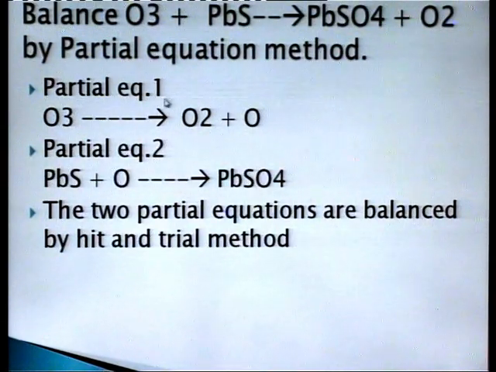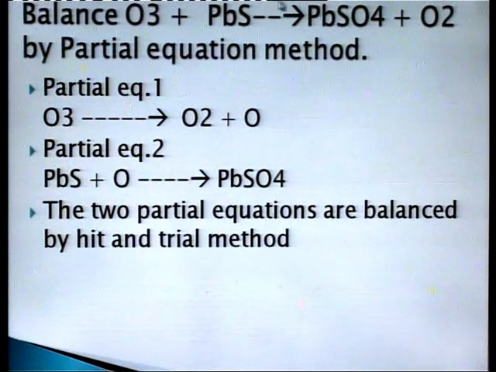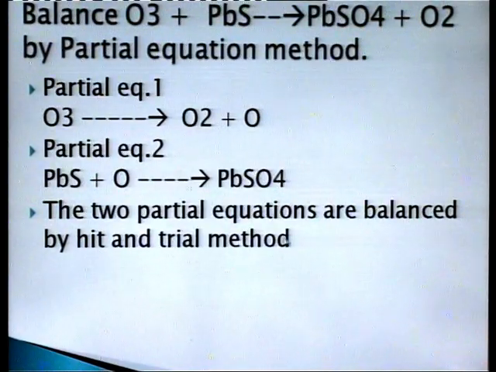So the first partial equation is O3 changing into O2 plus O, and the second partial equation is that this lead sulfide PbS reacts with this nascent oxygen to form PbSO4, means lead sulfate. Now these two partial